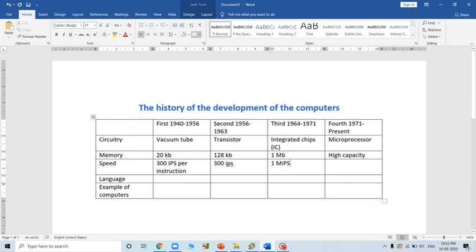MIPS means 1 million instructions per second. Here 300 instructions per second. And the last one was faster than the third generation. In the last, the speed was faster than the third generation.